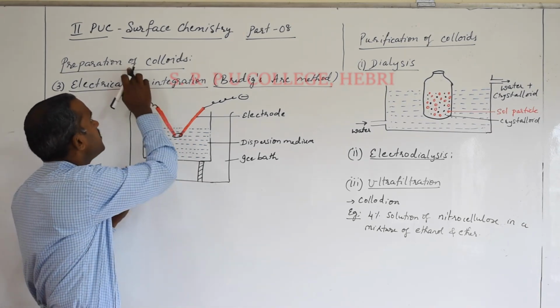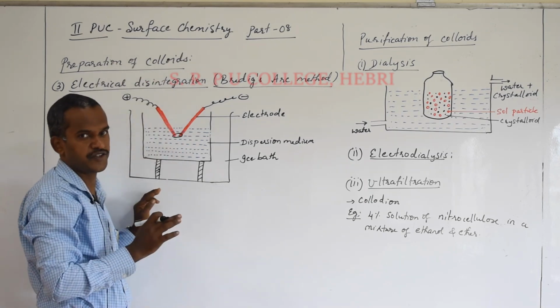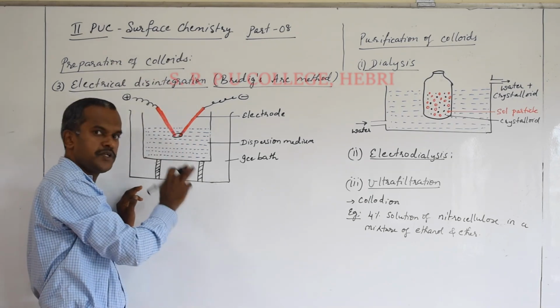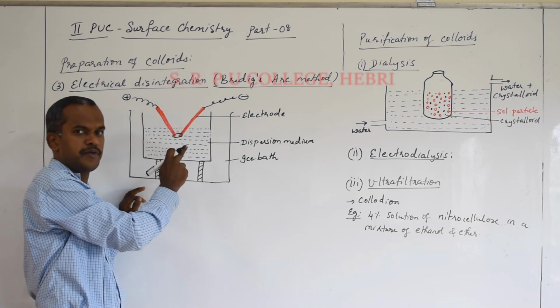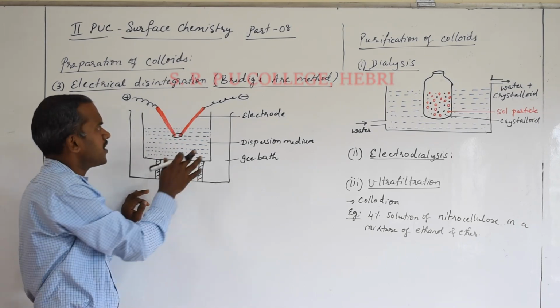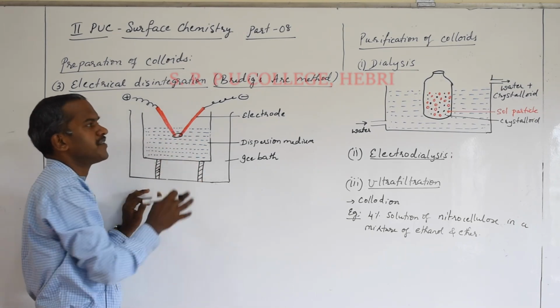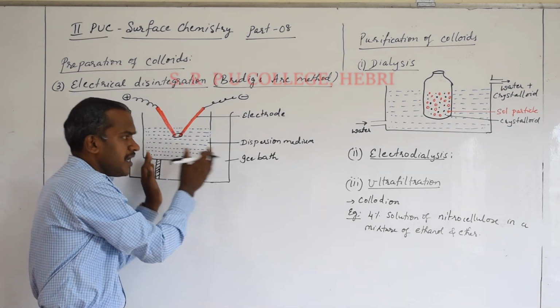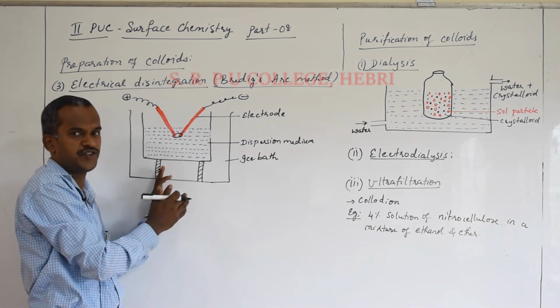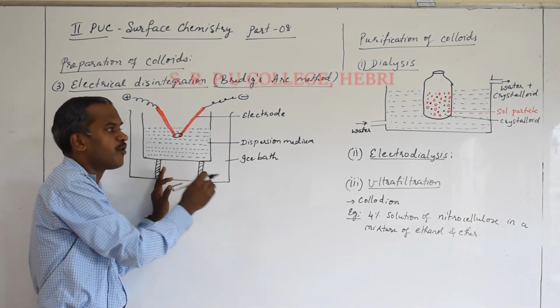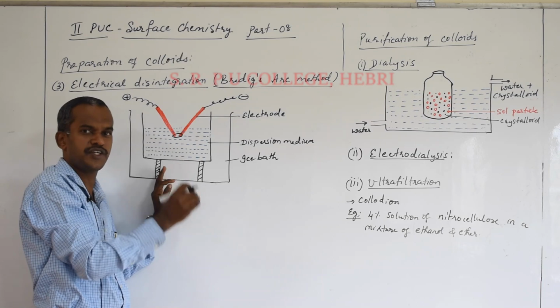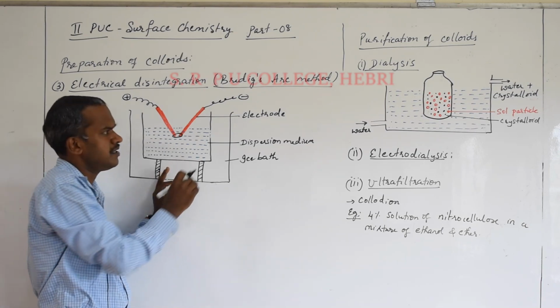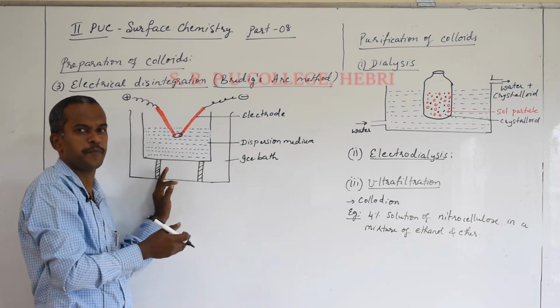Okay. So that completes the methods of preparation of colloids. Are you clear? 3 methods we studied. The first one is the chemical method, the second one peptidization and the third one is the Bredig-Arc method or electrical disintegration method. Okay. Now, by any of these methods when you prepare the colloids, it may have very small sized particles, that is crystalloids or true solution sized particles. It may have larger particles also.